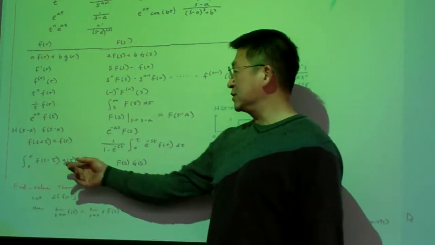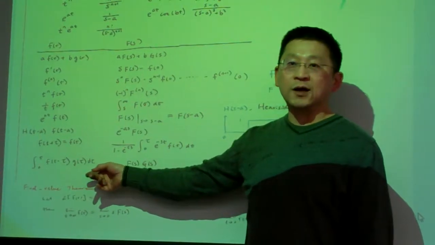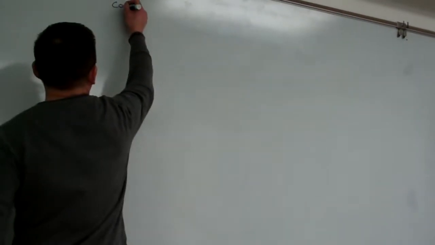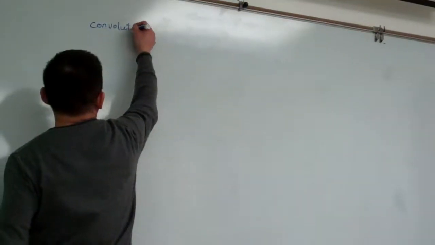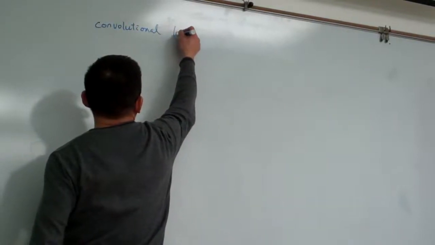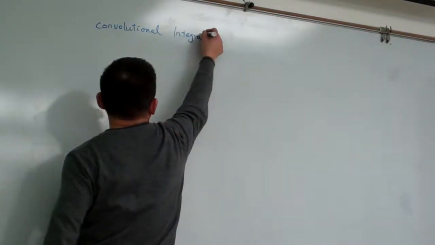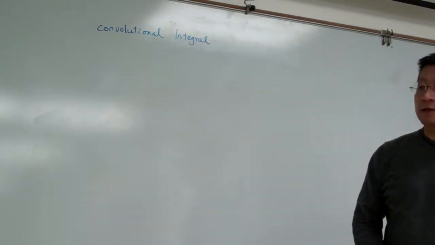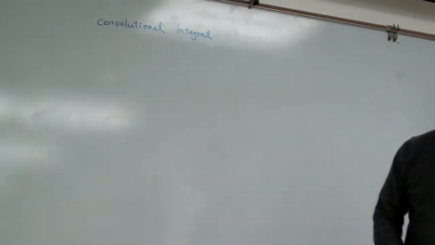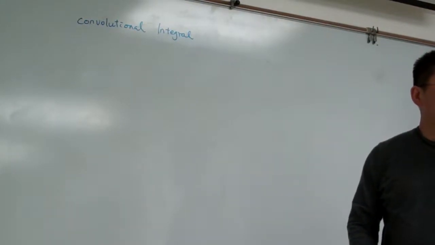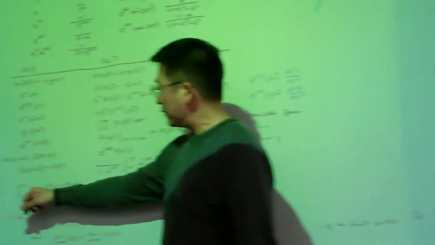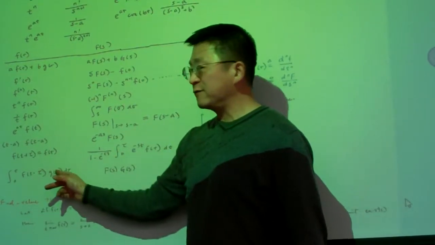Why do we have to do this kind of weird thing? This is basically called the convolutional integral. It has a special meaning in physical systems, and one section later on, I will show you some movies to see why we have this. Okay, but as long as in the time domain we have the integral of two different time functions in such